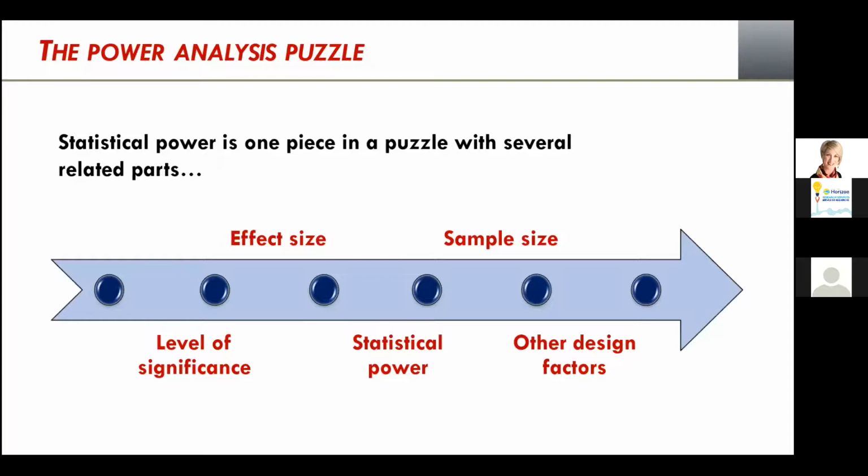And the last one is the desired power level of the study. As I mentioned earlier, it's typically 80%, which would mean that there's an 80% probability that you will detect an effect if one exists. And you can increase that if you want. You can specify a higher level. You can say that I want 90% power, or 95% power, up to 99% power. And the more you increase this threshold, the more power you will need in your study.